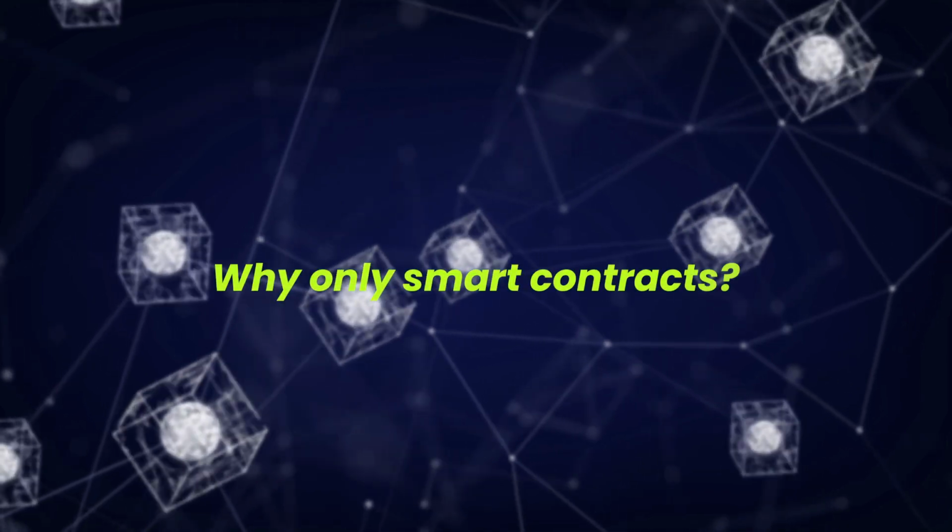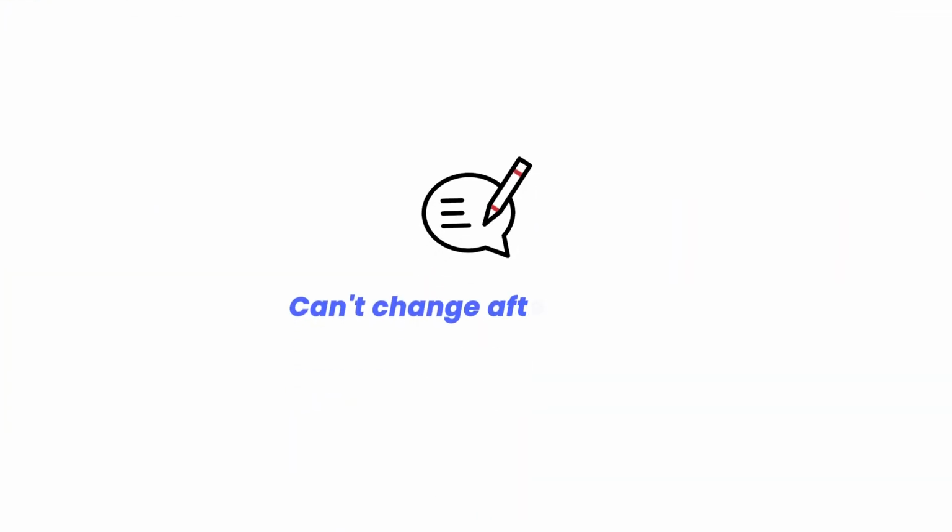Now, why only smart contracts? These are secure. Why are these secure? Whenever you deploy any smart contract on any chain, its agreement is set at that time only. You can't change it after deploying. That is what makes it secure also, because you can't change the conditions of the agreement. So you can't manipulate the data. That is how it is secure.